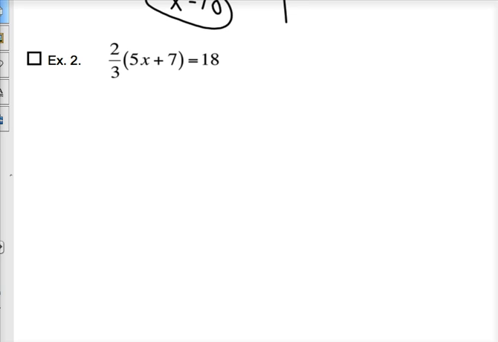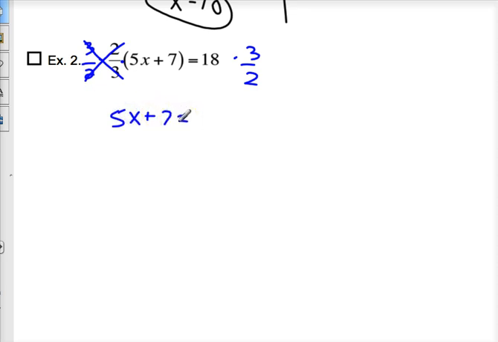I don't want to distribute because then I got 2/3 times 5 and then 2/3 times 7. I got fractions. So what I would rather do is get rid of the 2/3 first. Then I get rid of fractions with multiplying by their reciprocal. So I'm going to multiply both sides by 3/2. That'll cancel out the 3 and the 2 and leave me with 5x plus 7 equals whatever 18 times 3